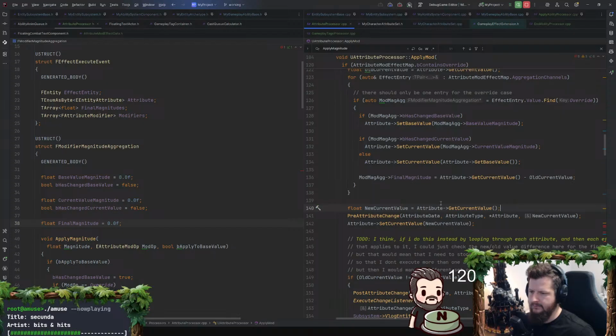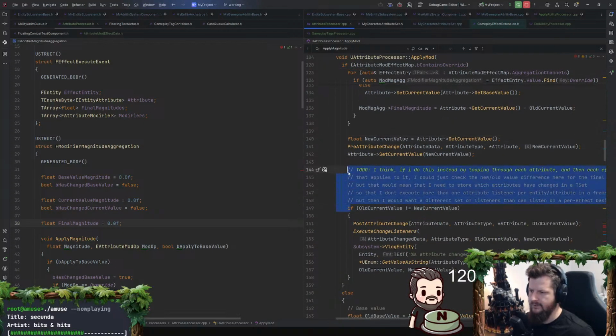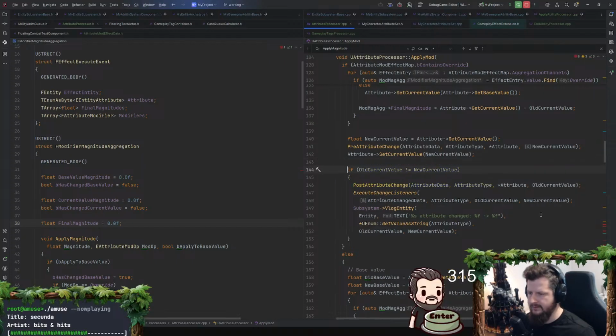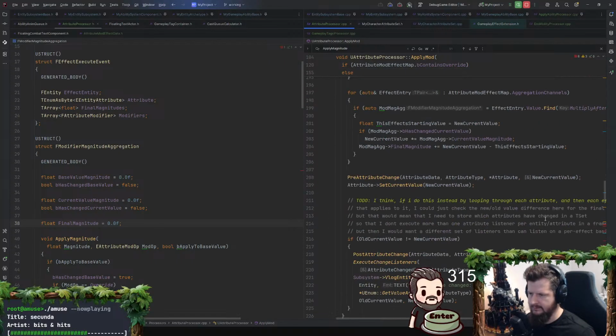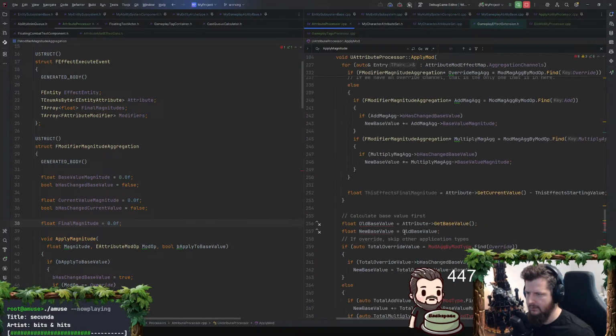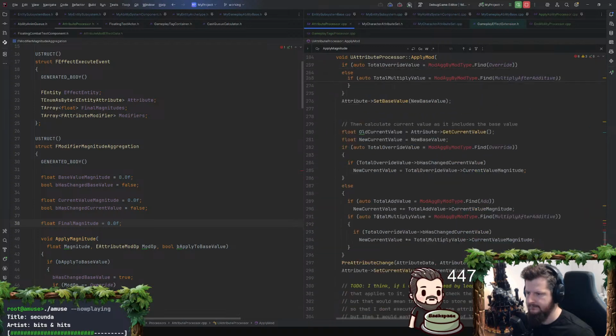New current value. There we go. So I think we can get rid of that comment now. I think we've satisfied the comment there. And let's throw that into a function while we are at it.